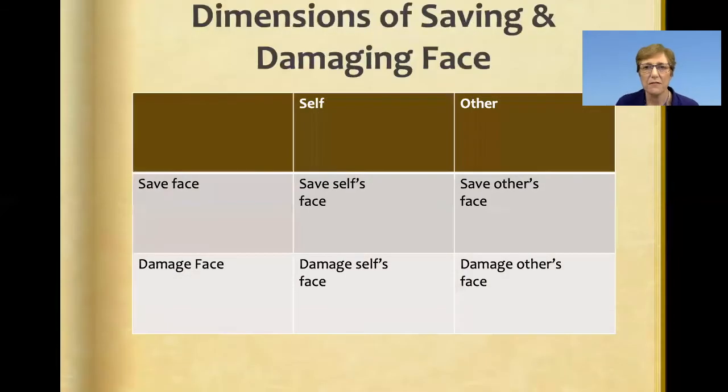Some aspects of face saving and face damaging. So when we're in a conflict, we have our own face and the other person's face. And Wilmot and Hocker provided this diagram in the textbook chapter. So here's ourself and here's the other person, and then we can try to save face or we can damage face. So we can try to help save our own face, the self, and we can also try to help the other person's face, or we can damage our own face by putting ourselves down or doing things that would damage our reputation. And then we could also damage the other person's face by putting them down in some ways.